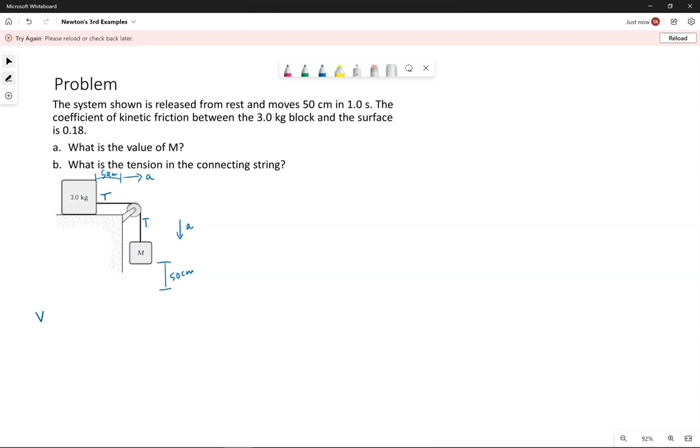Knowing it starts at rest, either one of them starts at rest, moves a distance of 50 centimeters in a time of 1 second, this is going to allow us to calculate a value for the acceleration. So going back to our kinematic equations, the one that deals with position and time,